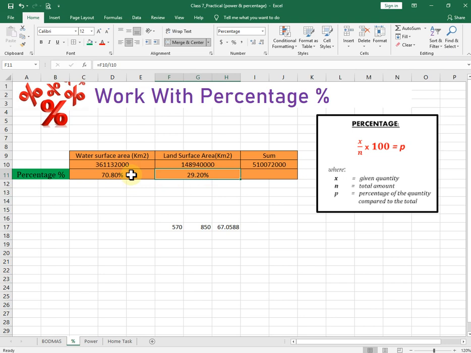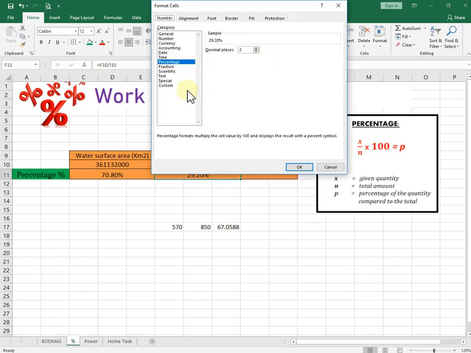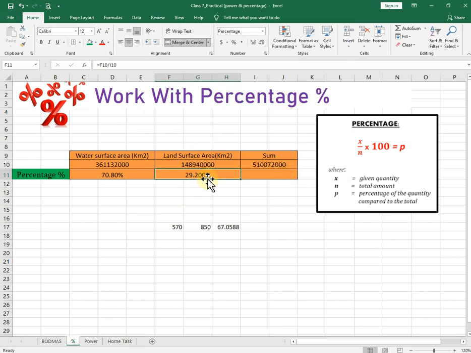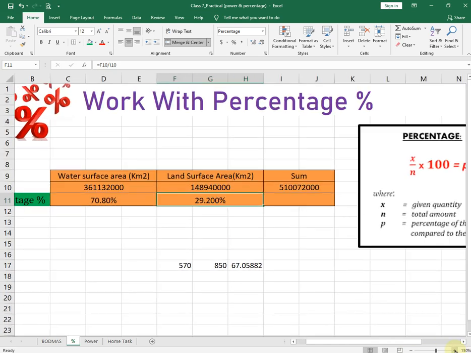You can also add a percentage by clicking the percent style button in the number group, and also here in the number tab. This is our percentage style here. The sample is here, and you can set the decimal places 2, 3, 4, which is up to you. It looks like that. Okay, understand? So here we have 3 decimal points after the decimal. Now we can apply another percentage method